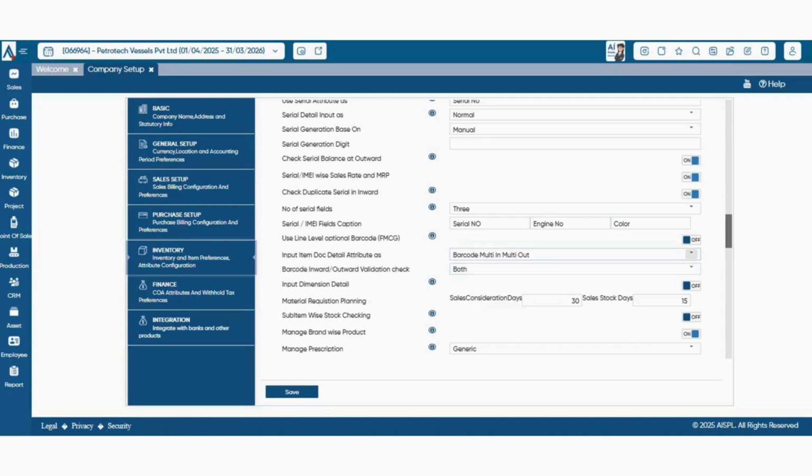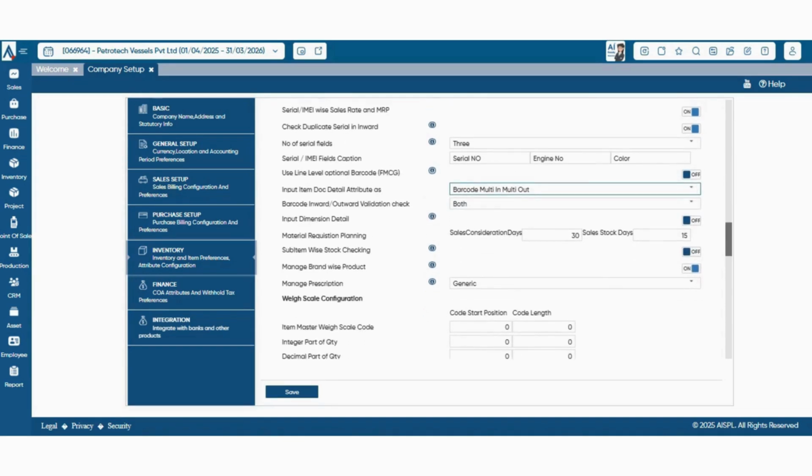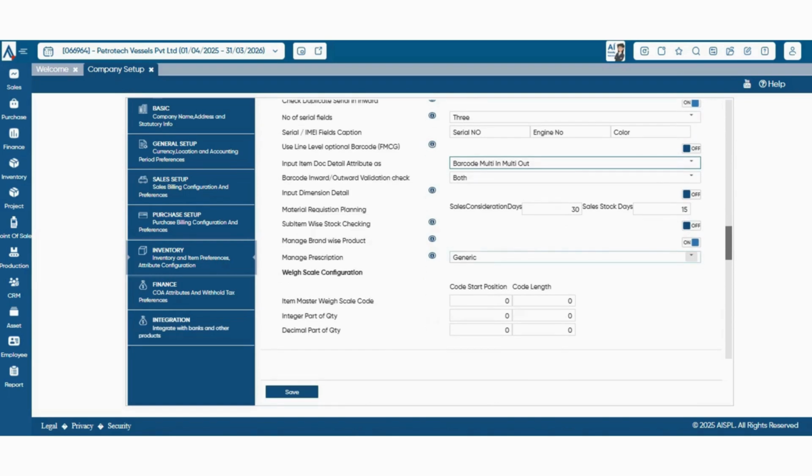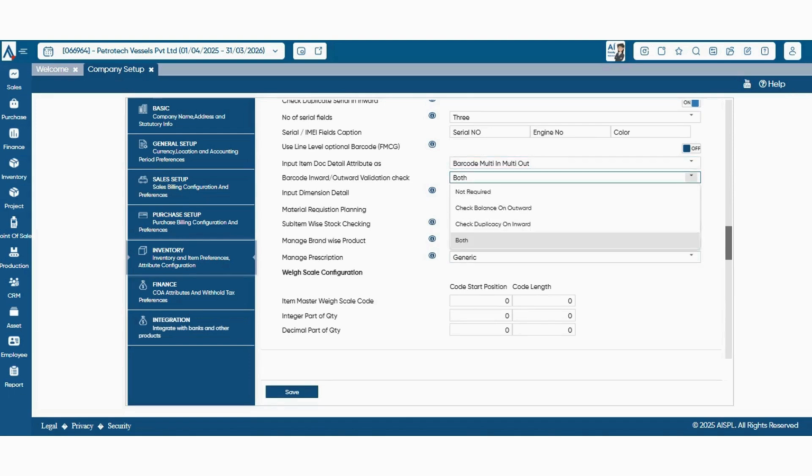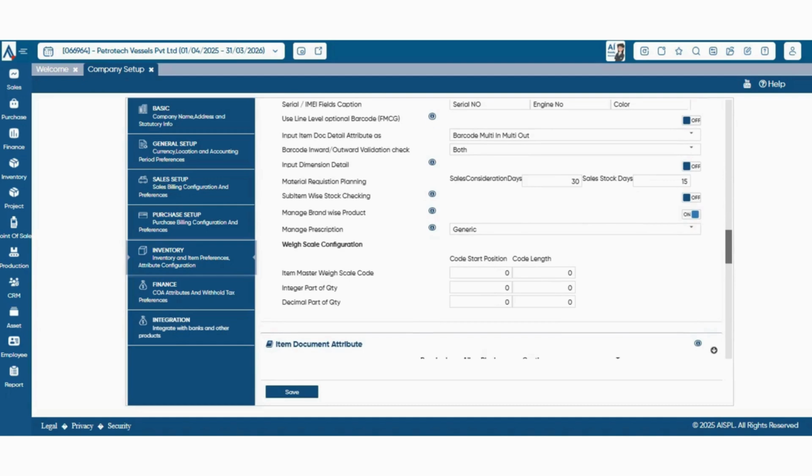This is mostly used in garment businesses where purchases are entered as bulk but invoices are created per garment. You have different options here to select what fits your business process best. Following that is Barcode Inward-Outward Validation Check. Do you want to validate barcodes during stock inward or outward? You can choose to check for duplicates, stock balance, both, or disable